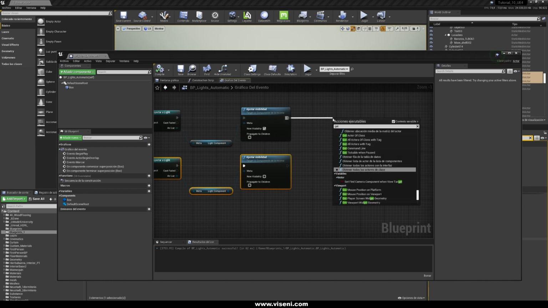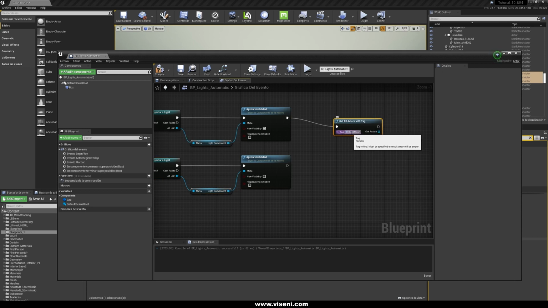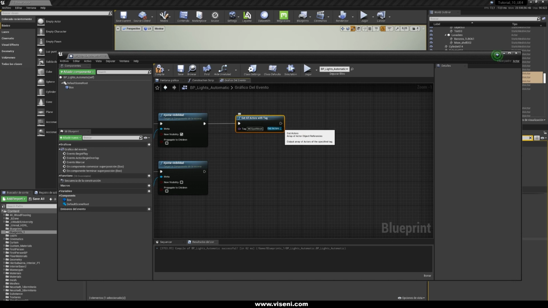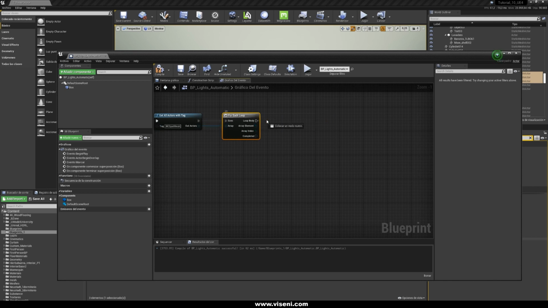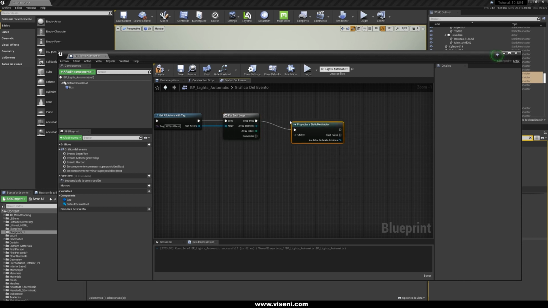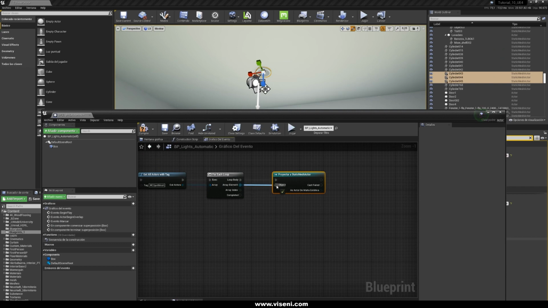We get all actors with tag. We find this tag here, do a for each loop, we connect it again, and I think you can understand pretty well because we are going to repeat the same process, so cast to a static mesh actor. We need to connect our array element, okay, this one,